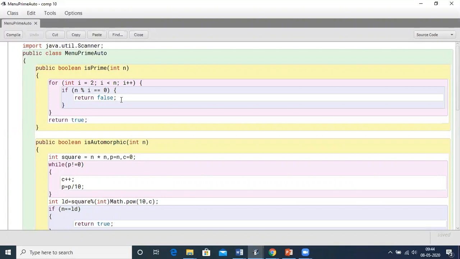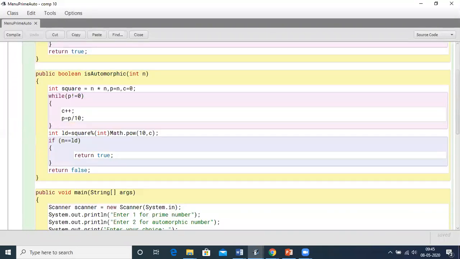If it is divisible by any factor, it will immediately return false. Else, it will return true if there are no factors.